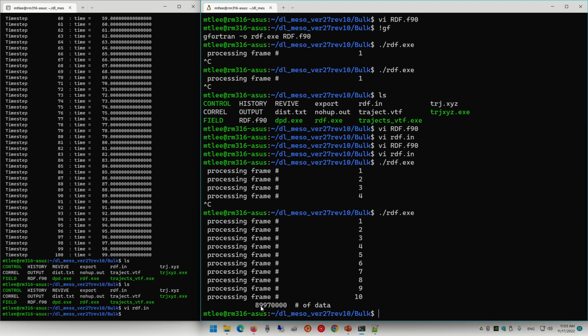Okay, but this number is crazy enough. We have these 1, 2, 3. So this is 1 billion, 10 billion, 10 billion data we have. Is that reasonable? 3000, 3000.